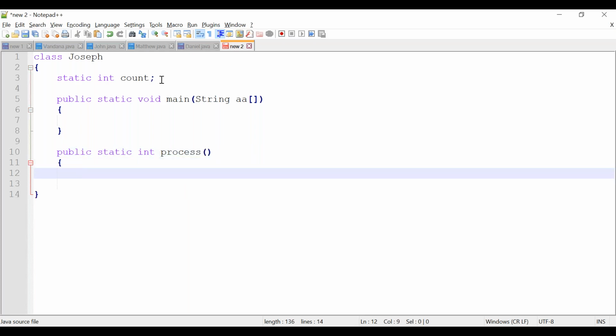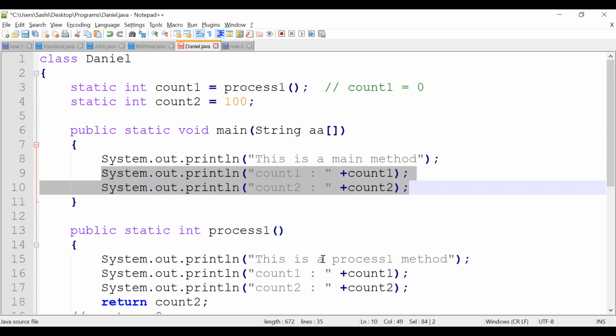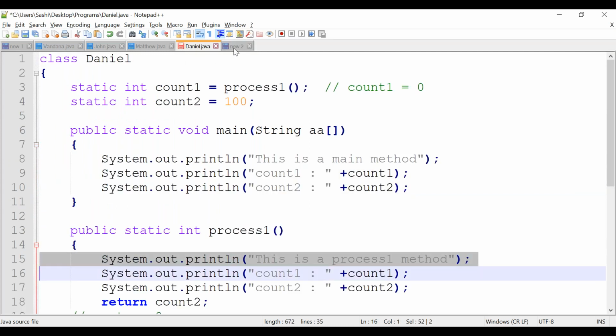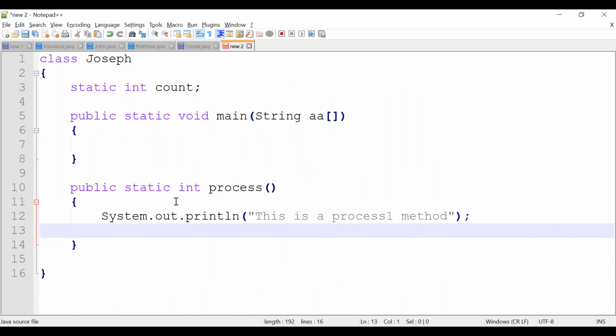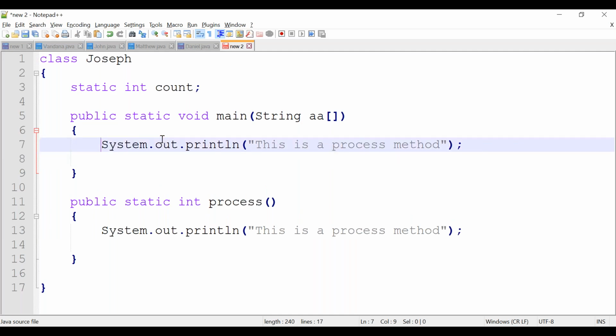That's okay. So my class is like this. I'm just printing, same way, this is a process method. And this guy is a main method.